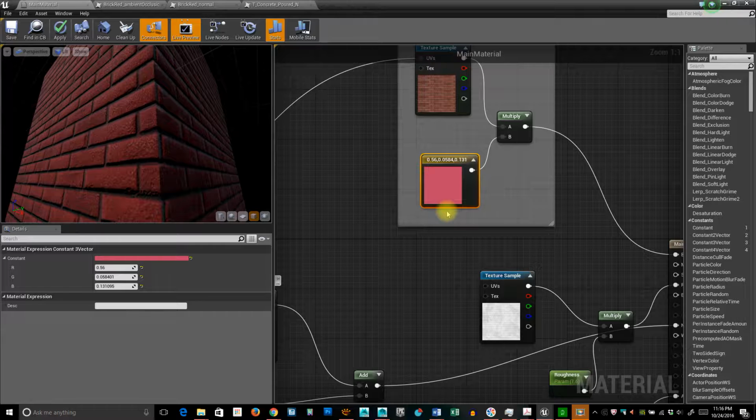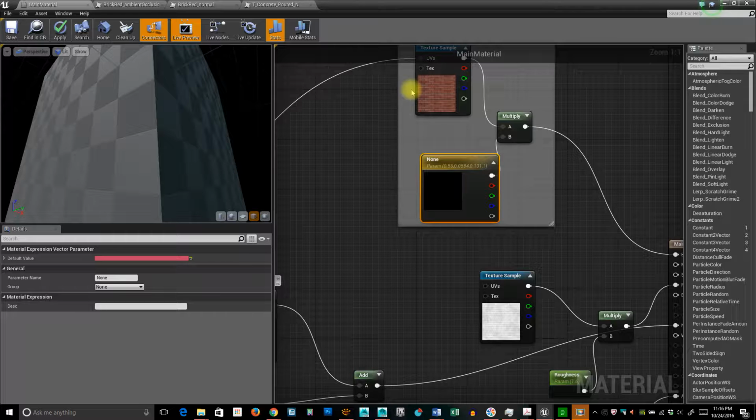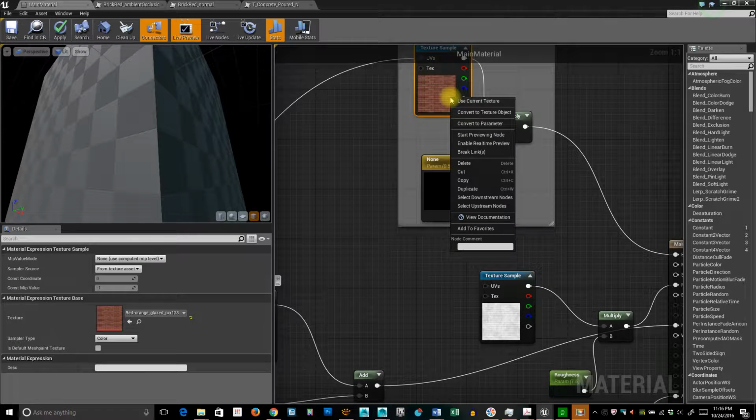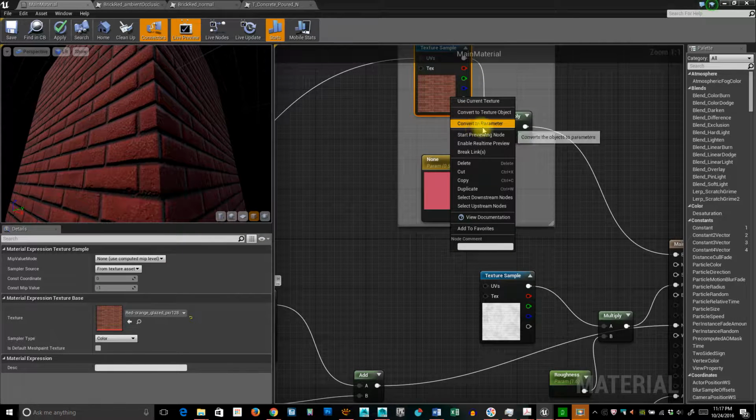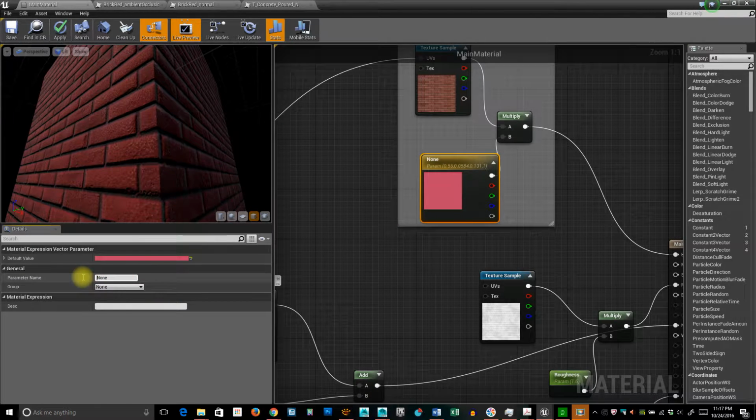When you want a particle system to be triggered by something, like the color changing when you press a button and the flame is supposed to change from blue to red, that's a parameter. So I have this guy here. Right click, convert to parameter. This doesn't work on every single thing in your scene, but some things do. A texture parameter would allow you to add more textures or change a master material. But I'm going to take this one, and I'm going to call this one